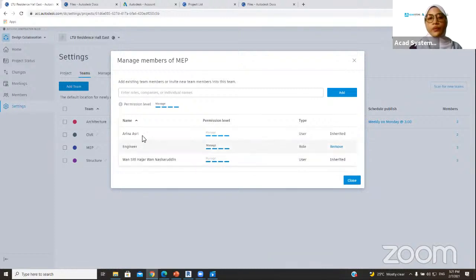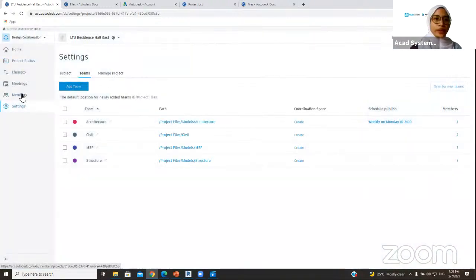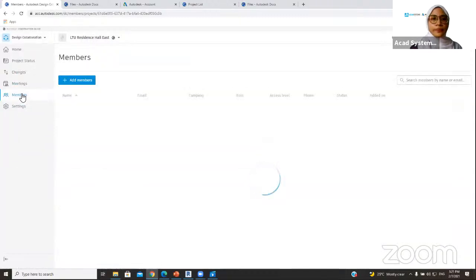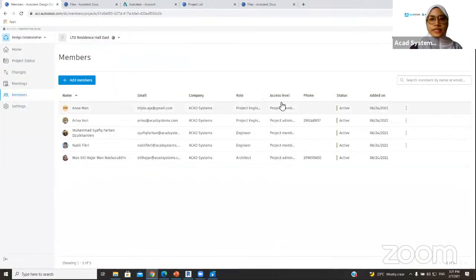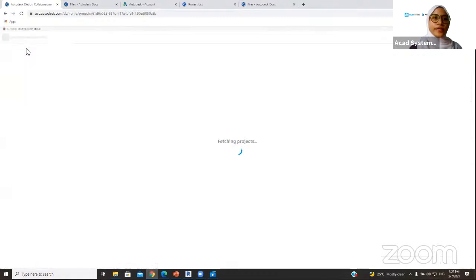By default, anyone that you have specified as a project admin will also have access to all these teams. If you don't want them to have access to all these teams, you need to assign them as a project member, not as a project admin. What I mean is that when I go to member here, you can see that this is project member. For a project member, you can assign which team they need to be. But project admins will have access to all those teams, as just now. So from here, if I go back to home for my design collaboration,